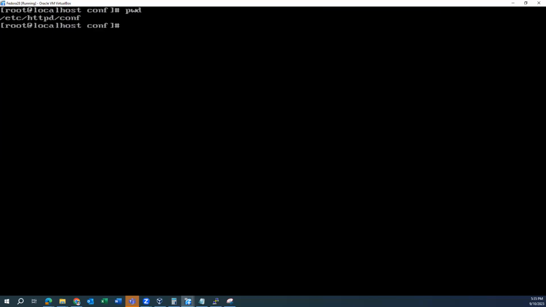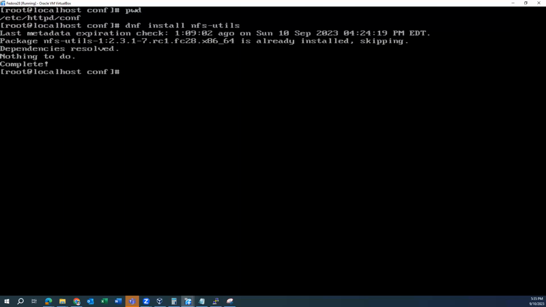I will install nfs-utils, then mount NFS with the IP address of the Ubuntu machine, which is 192.168.2.49